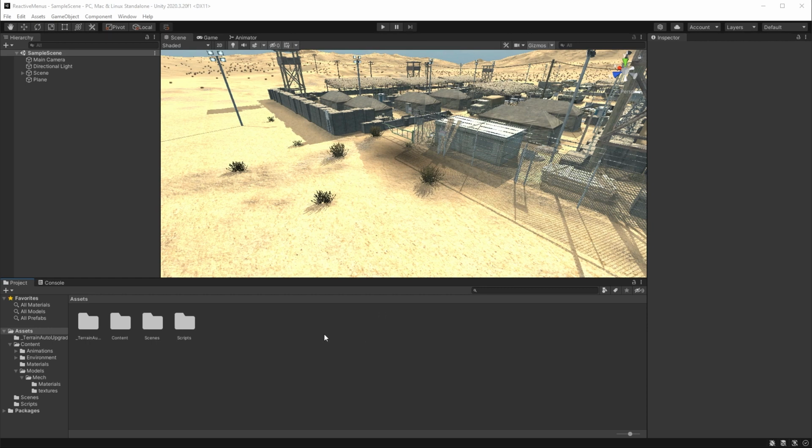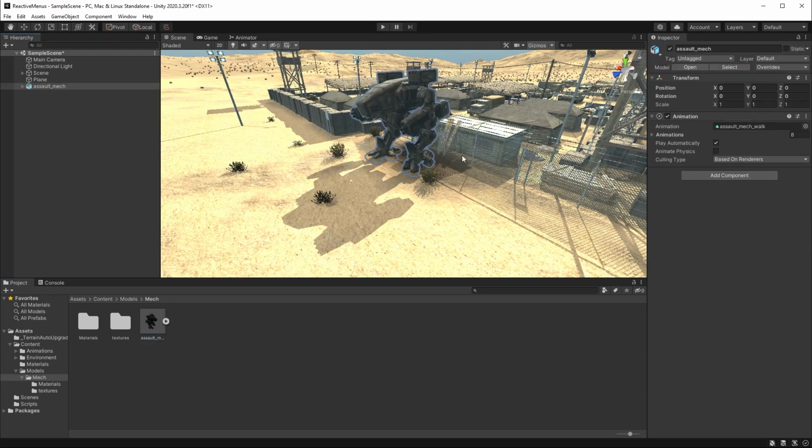So the first thing we'll do is look at our mech model that we've imported. This is the Assault mech you can find in the Unity Asset Store, and I'll leave a link in the description. So we drag our mech into our scene, and we want to put it at 0,0,0 because I know that's where the guarding spot is. And as you can see, if we actually press play on this mech, then it will do a funny little